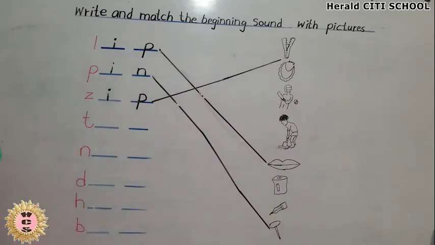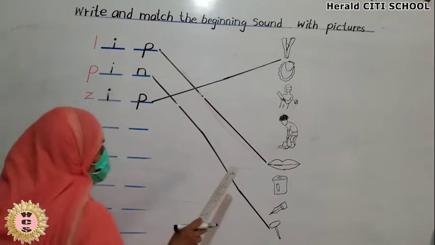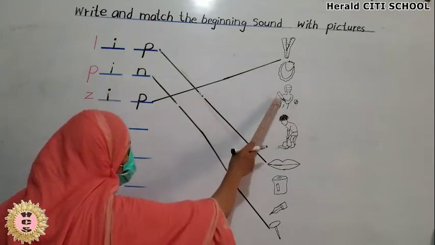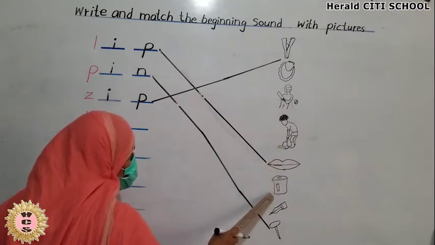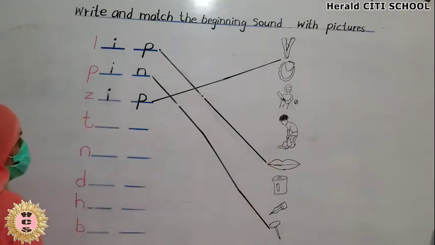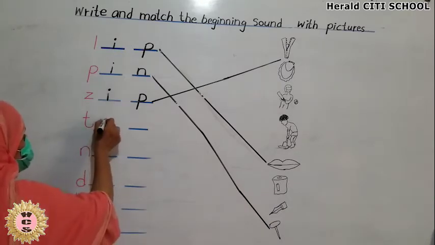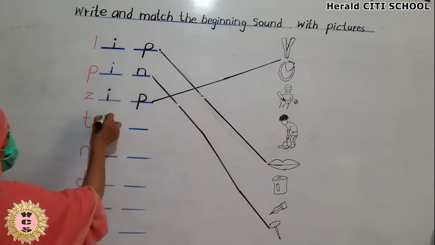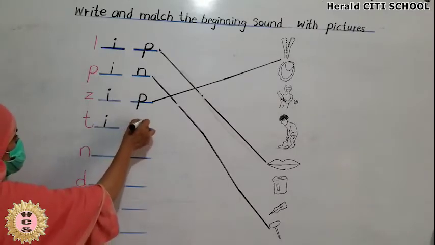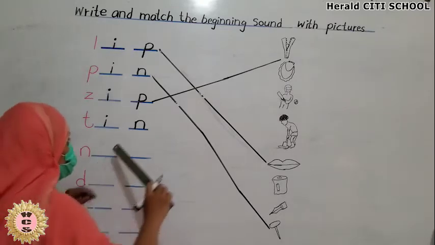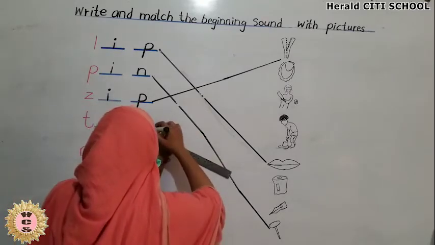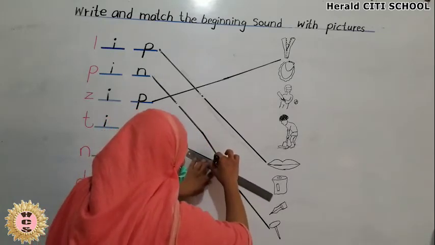Children, which letter is this? T. And the sound of T is T. Now look at the pictures again. This is B, bib, H, hit, D, dig, L, lip, T, tin. Yes, this is a tin. So the spelling of tin is T-I-N, tin. Now children, we will match the spelling of tin to the picture of a tin.